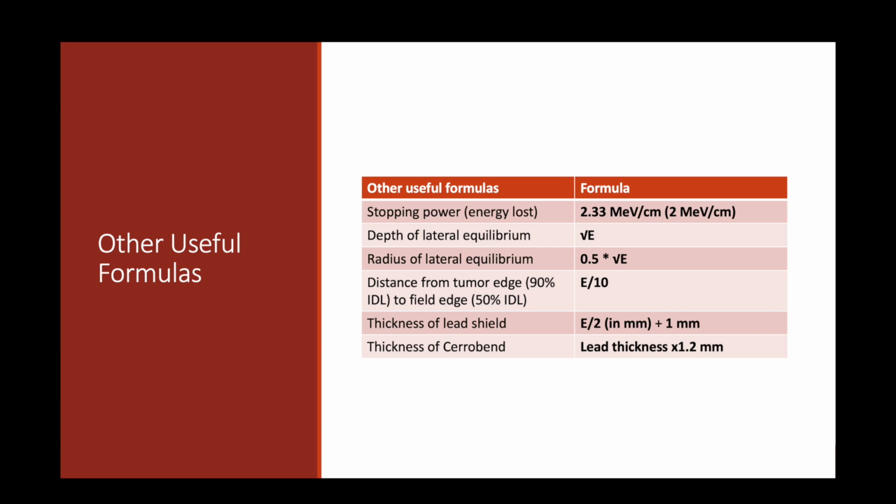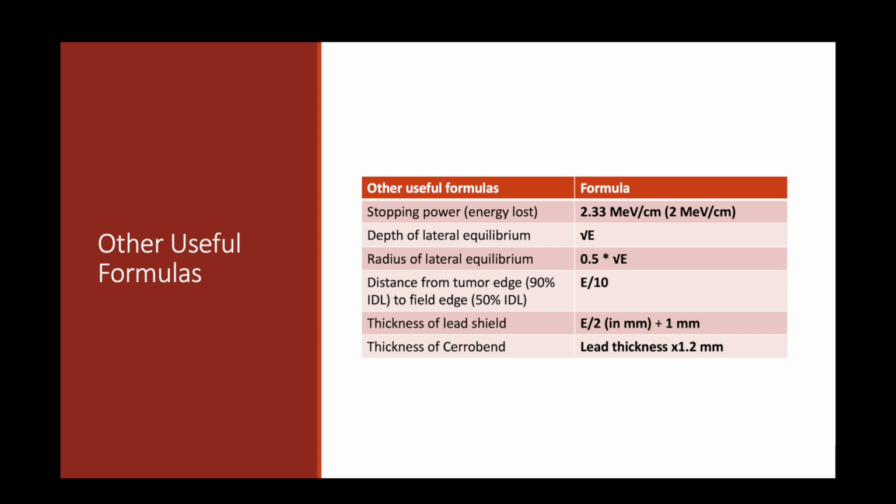And then finally, this formula is important: the thickness of a lead shield that we need. All the formulas we've talked about so far have given us answers in centimeters. For the thickness of a lead shield, the answer is in millimeters. The way we calculate the thickness of a lead shield is energy divided by 2 in millimeters, and then we add an extra millimeter buffer. So if we're trying to shield a 9 MeV electron, for example, we would use 4.5 plus 1 millimeter,